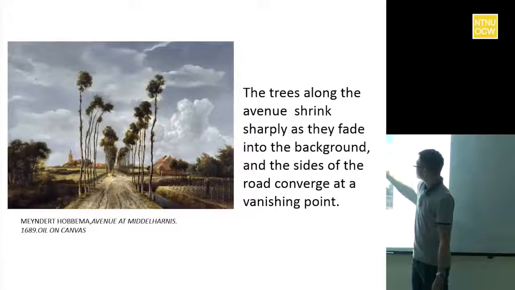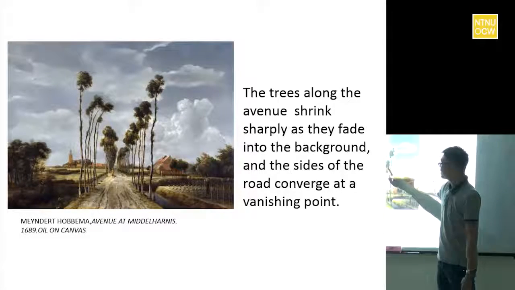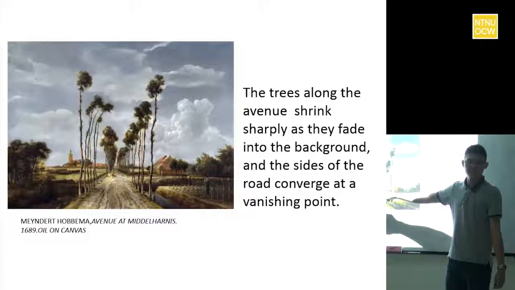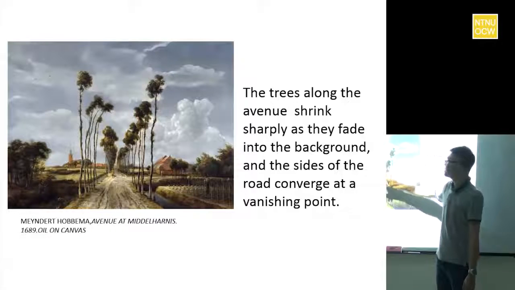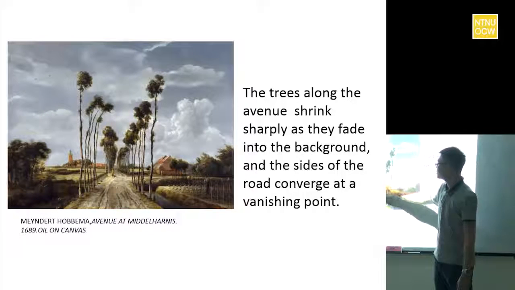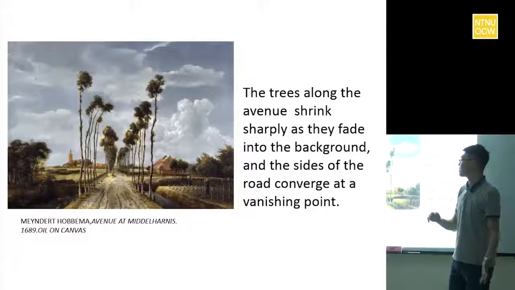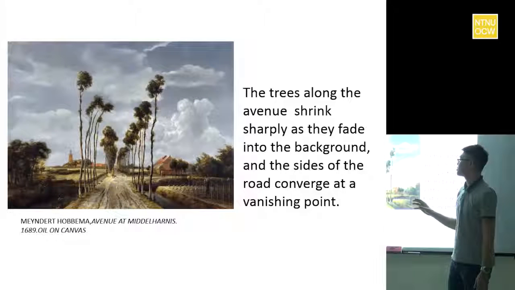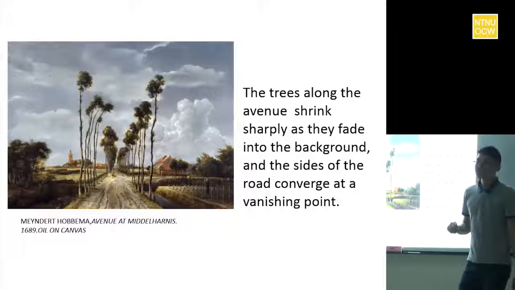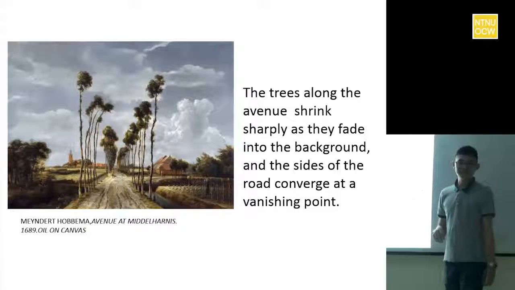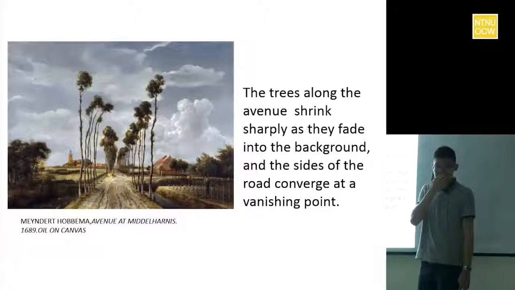So the trees shrink swiftly and fade into the background. 就是它前面的树会比后面的大，所以它是用了一个比例的方式，它的树会从后面越来越小，然后到了那个消失的点，所以它会比起之前我们讨论的那一张画，更加有那种透视的感觉，还有3D 的感觉。